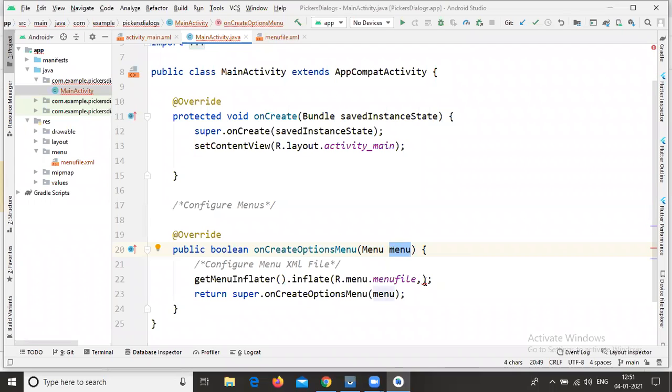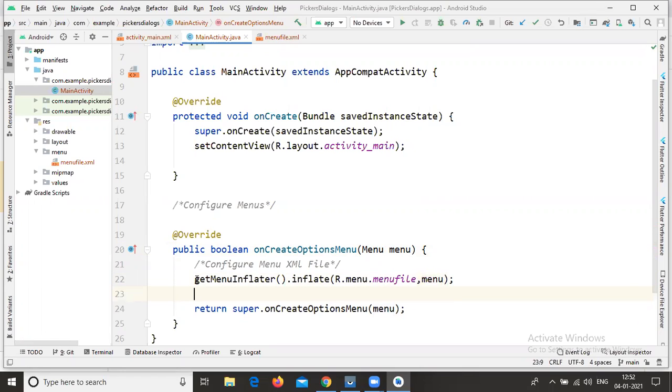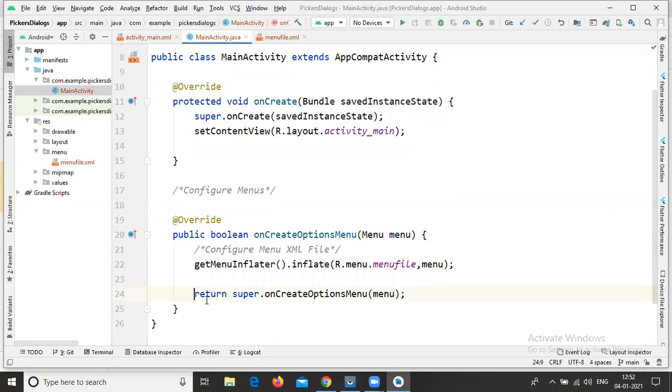Just type here the small letters menu. That's all. If you complete up to this part, the menus concept is completed without implementing the on-click event. This is the option menus concept.